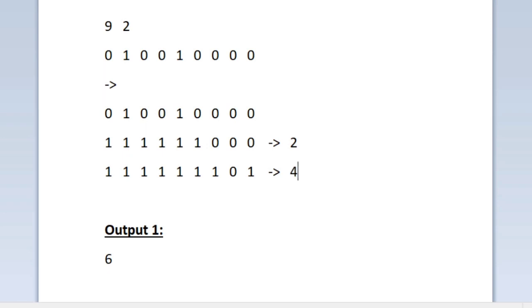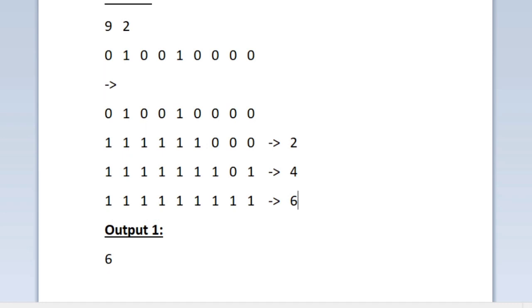So in this iteration, the total time would be 2 plus 2, 4. So till now in 4 seconds, these are the candles that have been turned on. So again, we are going to move to our next iteration. So here all the candles are turned on except the candle present at index 7, which can be easily turned on by any of the candles present left or right to it. So again it would take extra 2 seconds. So totally in 6 seconds all the candles will be turned on.